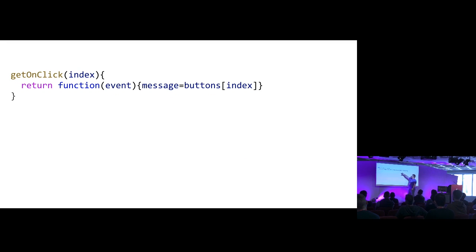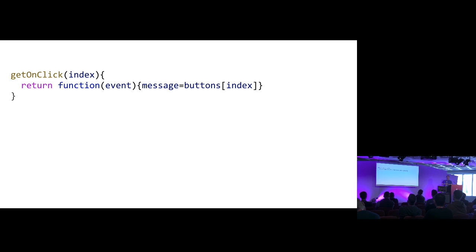I can do this. I can create a function that takes index. And that function that takes index returns a function that takes event. Index and event. We used to be 1 function that takes 2. Now I have 2 functions that take 1. And then I can use, what's the word? I can use the index that was passed in to